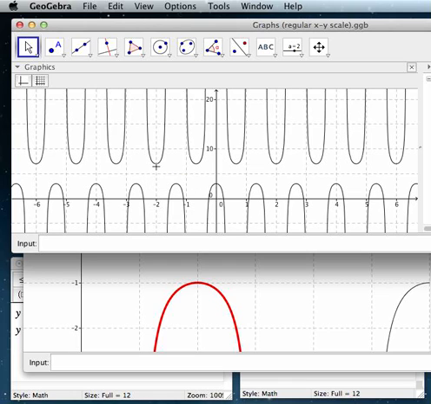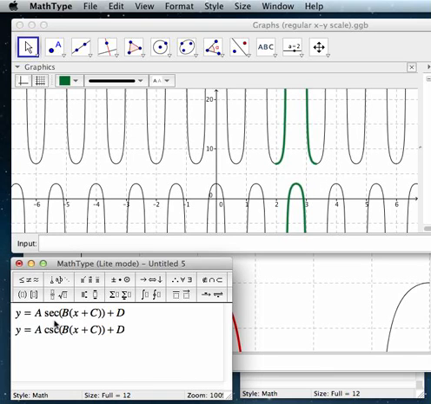For instance, here's one I might be able to find, or here's a nice one that seems to start a secant curve, and so I might emphasize that by just highlighting one particular period of a secant curve. And if I choose to do that, then I might write my equation using this template, where A is the amplitude and B is the frequency, and C is how far left or right I've shifted a secant curve,